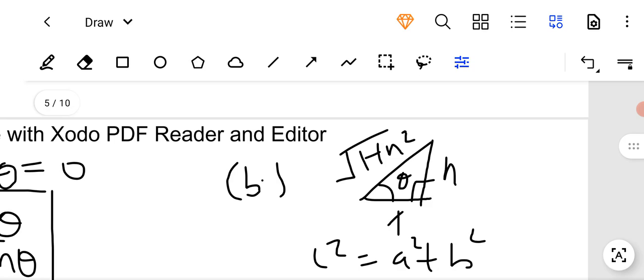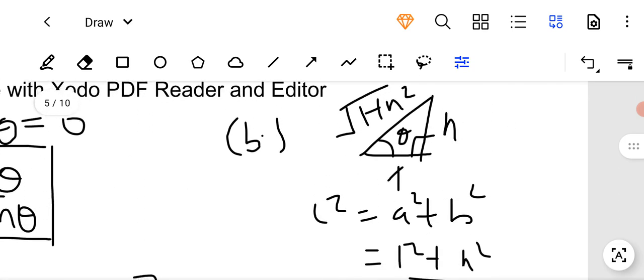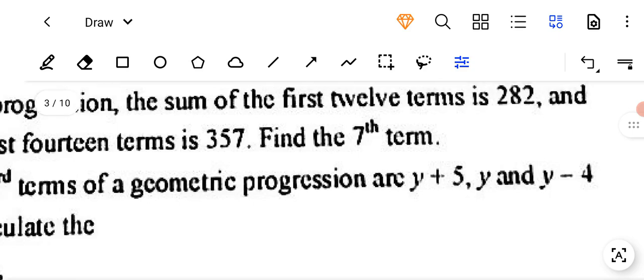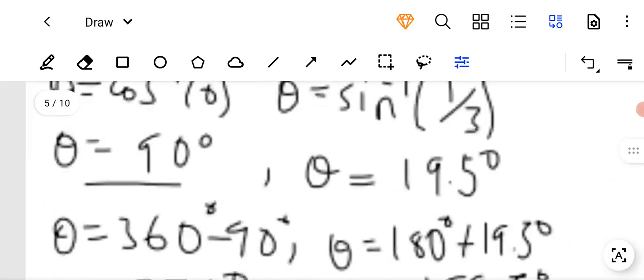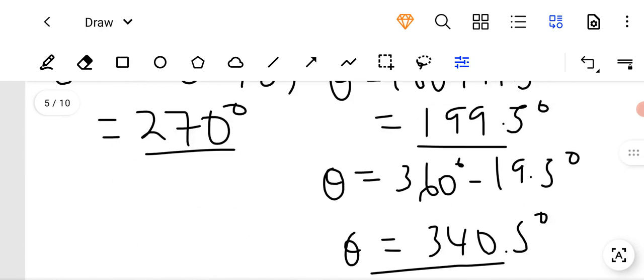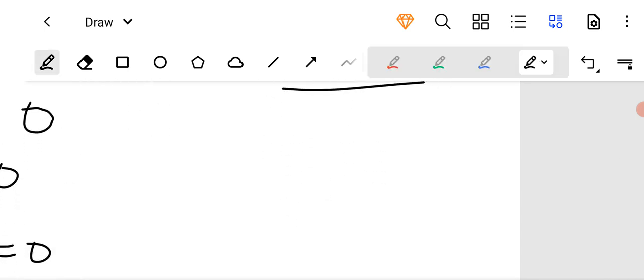And then from there, they have told us to find cos theta. That is the first part. I think that is B1. Let me just confirm if it is B1. Yeah, B1 cos theta, B2 cos 2 theta. Okay. So going to B1, Roman numeral 1, cos theta is equal to